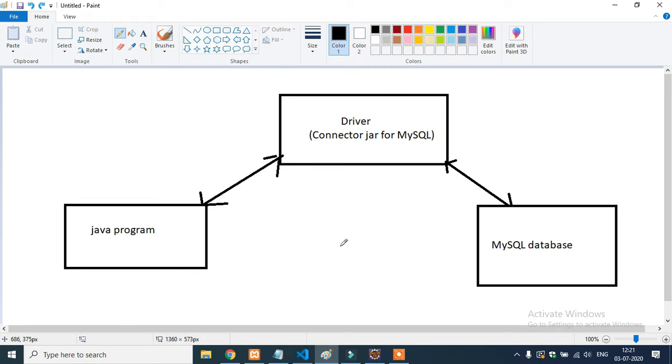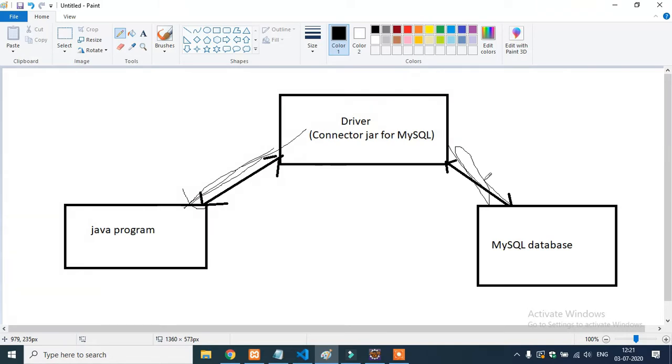In this particular lecture, we will be talking about how to store data to the database through Java programming. But before writing a JDBC program, first we need to understand, guys, what a driver is. A driver is just like a mediator, just like a compiler. It takes a Java program and converts it into a language the database can understand.